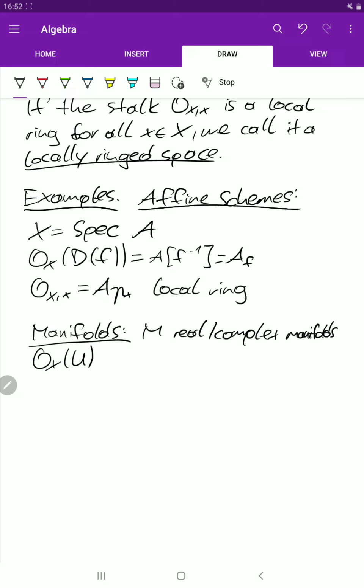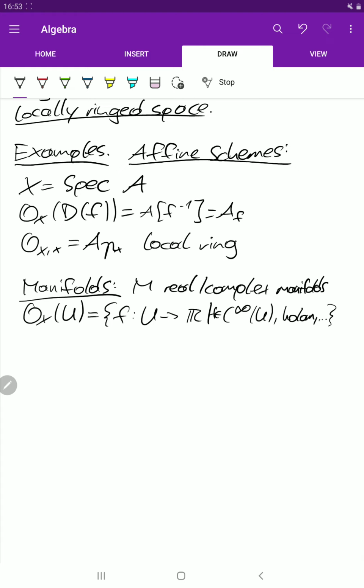So we have several options here. So we could take, for instance, the functions that are infinitely often differentiable, or we could also take, if we're in a complex case, holomorphic functions, or you can think of other options. Just pick one of them.